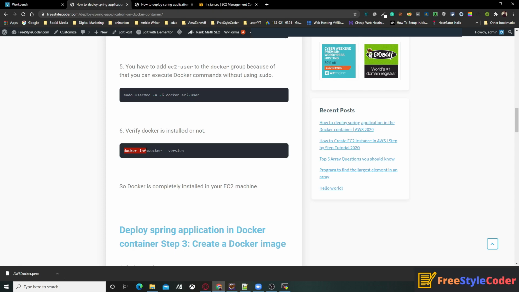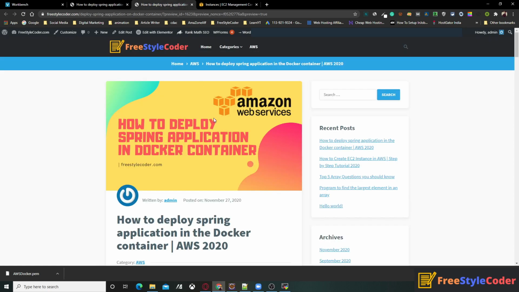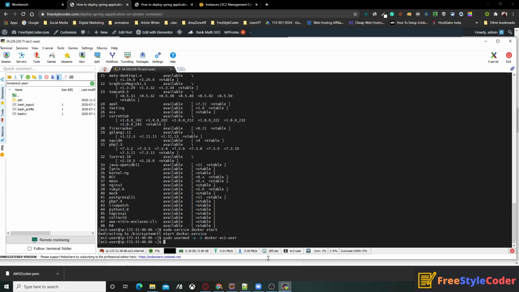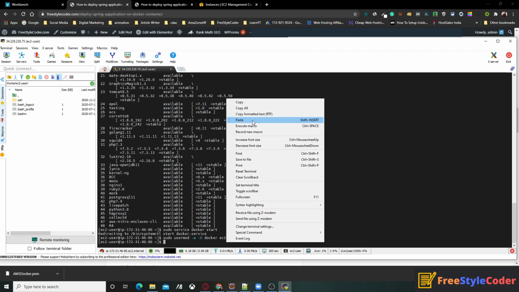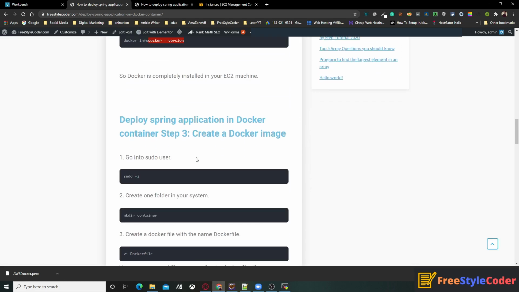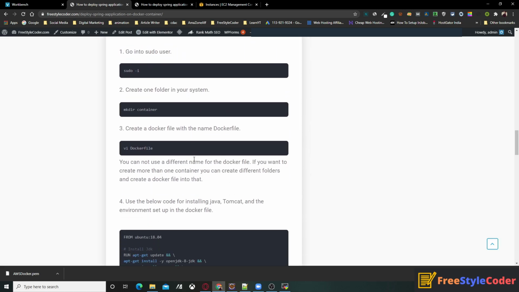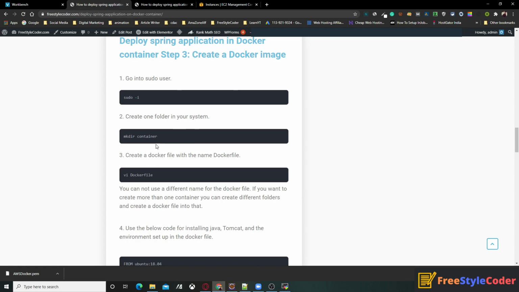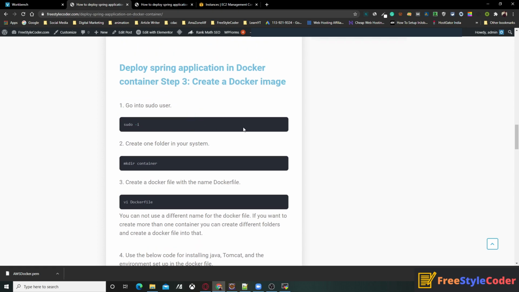You can write docker info or docker --version. So I will copy the docker --version command and paste it over here. It will give me the Docker version. So in the next step, we have to create one Docker container.